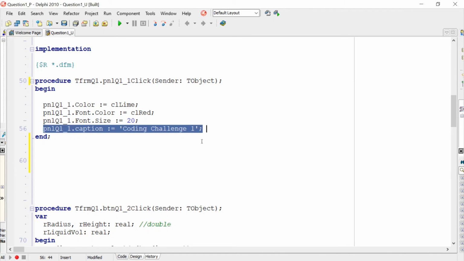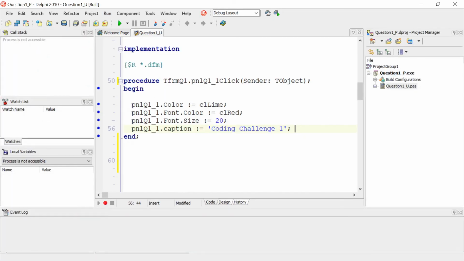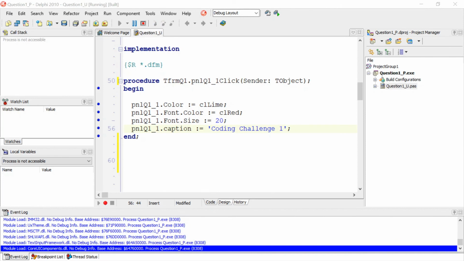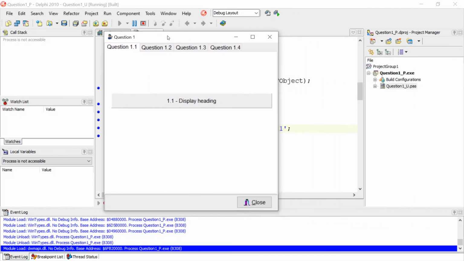But we also teach it using coding, and it comes out in every exam where you have to code the properties. Let's run it and see how it works. Okay, display heading, and it displays panel changed to green, the font size changed, and the font color to red. Let's have a look at question